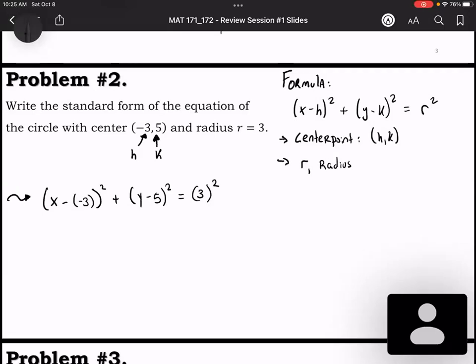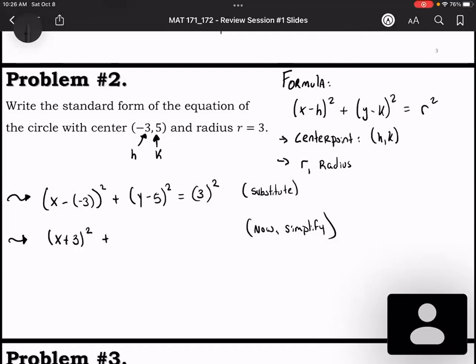Now we can go ahead and simplify, right? So we substitute. Now simplify. So x minus negative 3, can we simplify that just a tad bit? Anyone? How can I simplify x minus negative 3? Is that (x + 3)^2? That's right. That's going to be (x + 3)^2